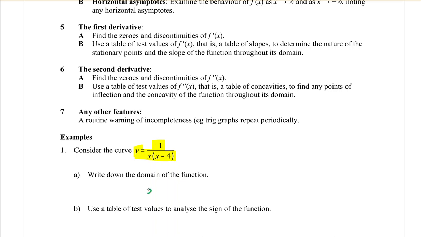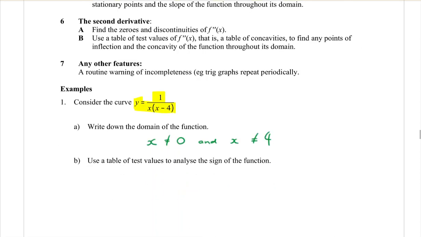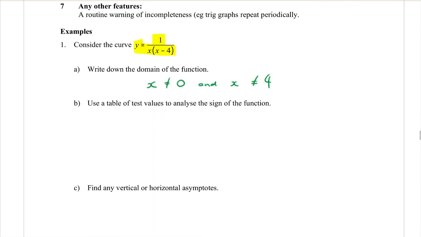So it cannot be 0, which means that x cannot be equal to 0 and x cannot be equal to 4. All right, part B. Use a table of test values to analyze the sign of the function. We've got quite a few different types of tables that we use now. So it's telling us a table testing for the sign means the x, the y,